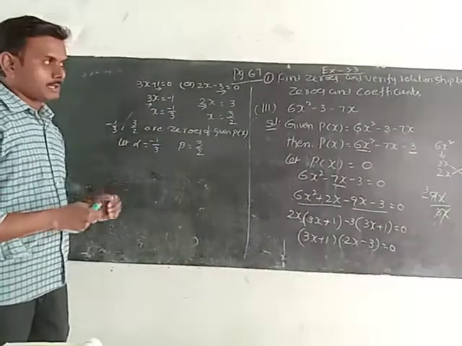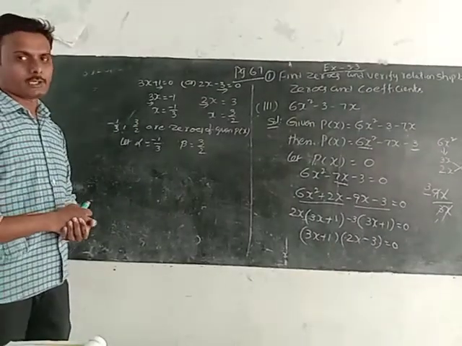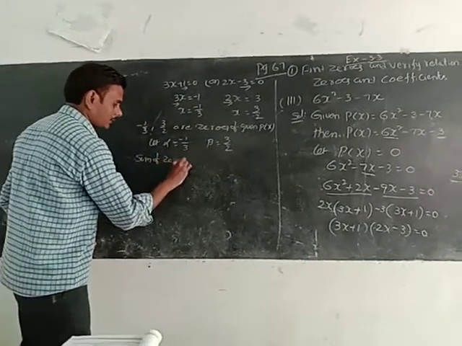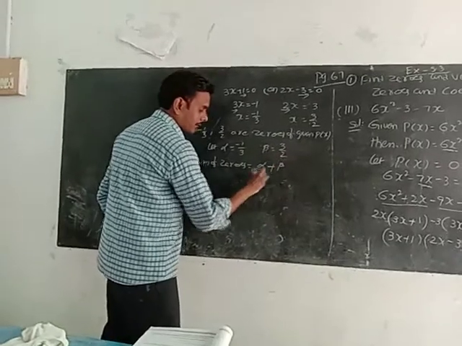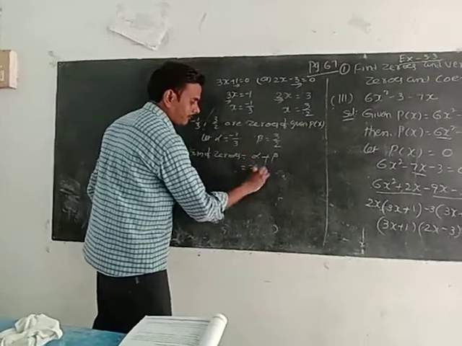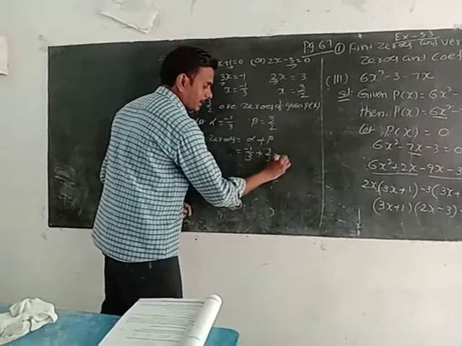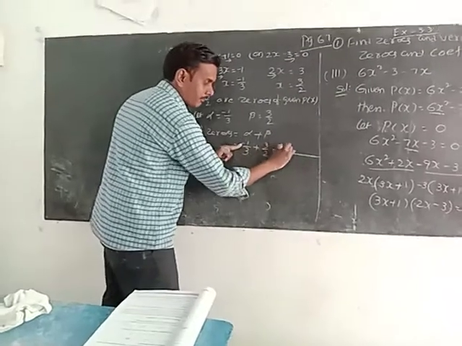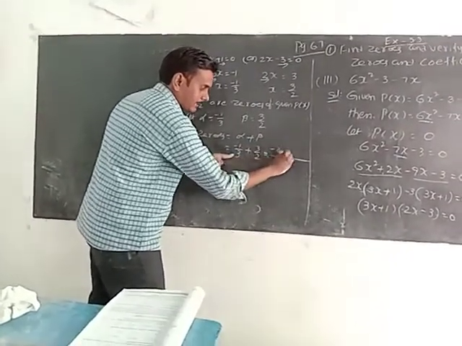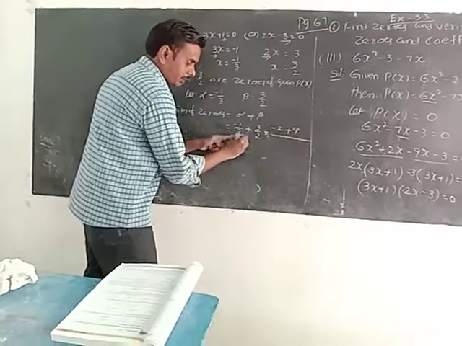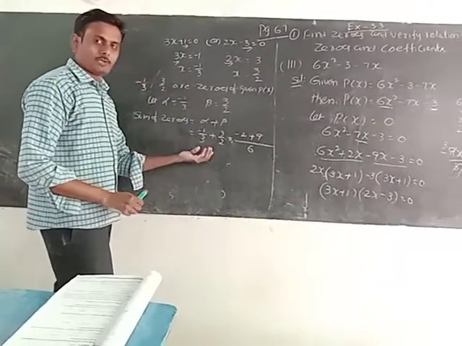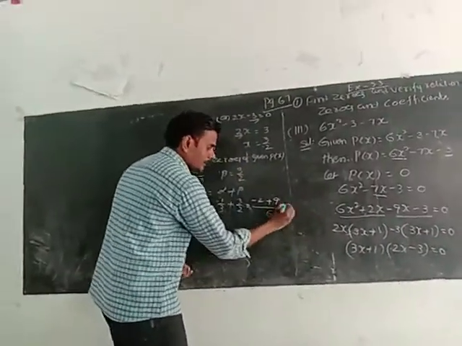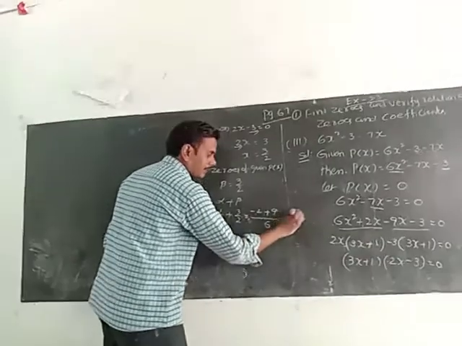Now half of the question we completed. We found the zeros. Later, what do we have to do? Find the relation between zeros and coefficients. Sum of zeros equals alpha plus beta. Alpha is minus 1 by 3, beta is 3 by 2. Now do the cross multiplication: minus 1 into 2 is minus 2, plus 3 into 3 is 9, and 3 twos are 6. We only did LCM addition here; without cross multiplication we can also do it, your wish. Now simplify: 9 minus 2 is 7, so 7 by 6.